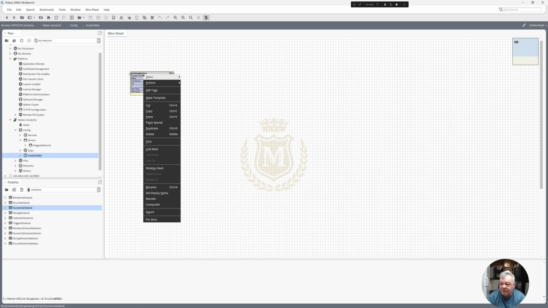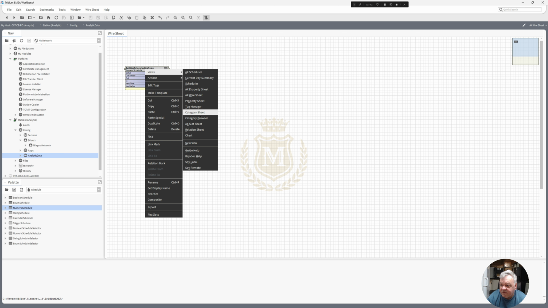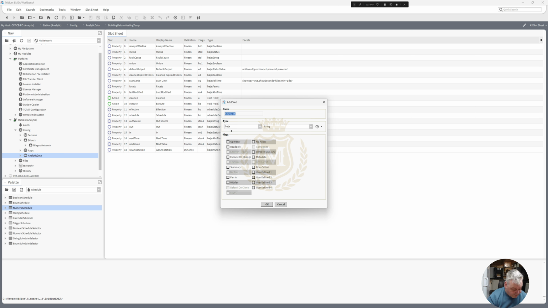Right, so rename that building return heating temp. Right, we need to go into this now, and we need to go into the slot sheet. Now it doesn't really tell you about this. I don't think there's any documents about this at all, but I'm going to add a slot and we'll call it heating return temp,